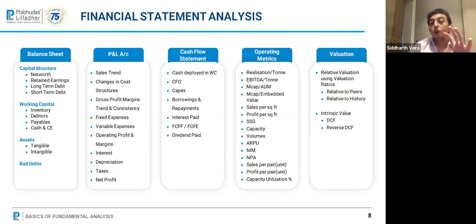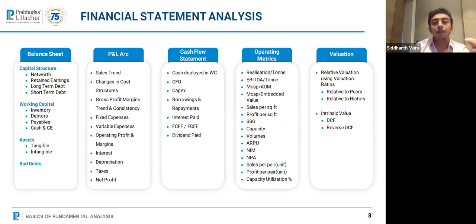Finally, what I also want to look at before really buying a stock is few important operating metrics. What I have shown you here is a snapshot of operating metrics from different industries. Operating metrics differ from industries and companies. They are not the same. But as an investor, when you read the balance sheet and try to analyze it, you will come across 3, 4, or 5 critical metrics which you want to track on a consistent basis as an investor.